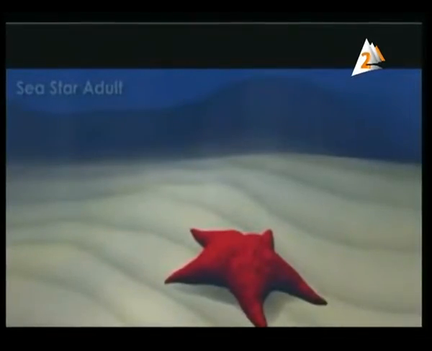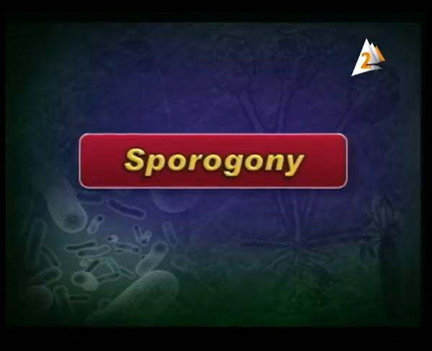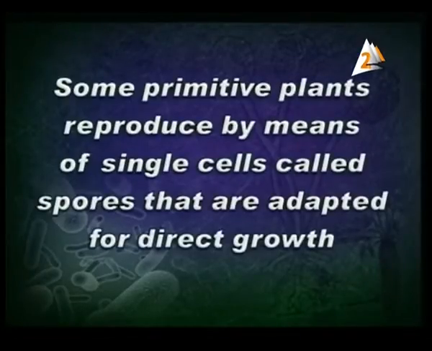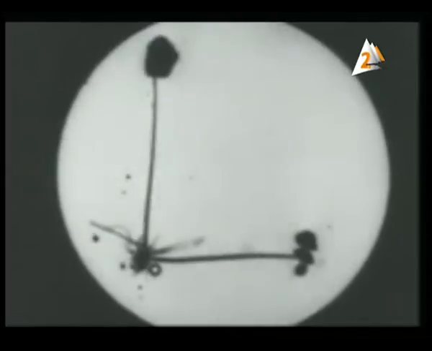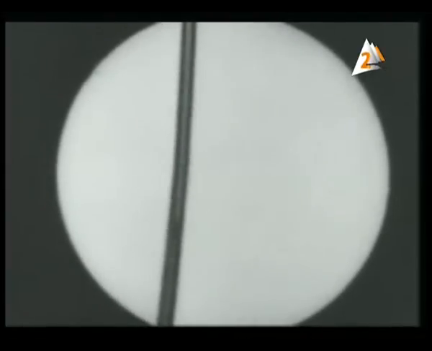Another type of asexual reproduction is called sporogony. Some primitive plants reproduce by means of single cells called spores that are adapted for direct growth. A spore, as you see, is formed of a cytoplasm with little amount of water. And also you can see a nucleus, and this spore is surrounded by a thick coat. When the spore matures, it liberates from the mother plant to be